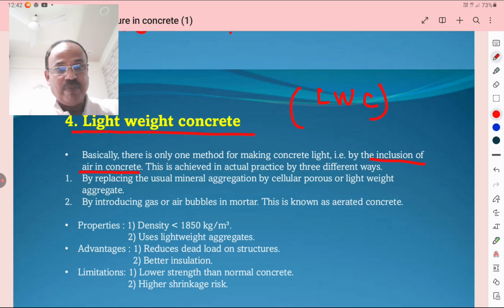Then what are the properties? Density is less than 1850 kg per cubic meter and it uses lightweight aggregates. Advantages: reduces the dead load on the structure and gives better insulation. Limitations: lower strength than that of normal concrete and higher shrinkage risk. Why higher shrinkage risk? Because of reduction in volume due to air bubbles. Okay, so